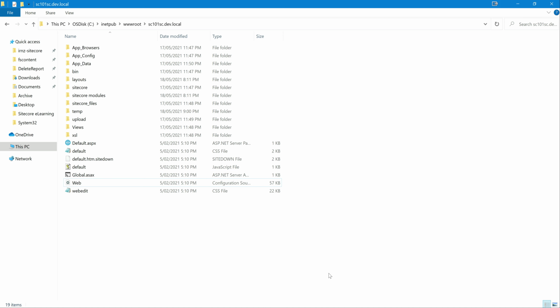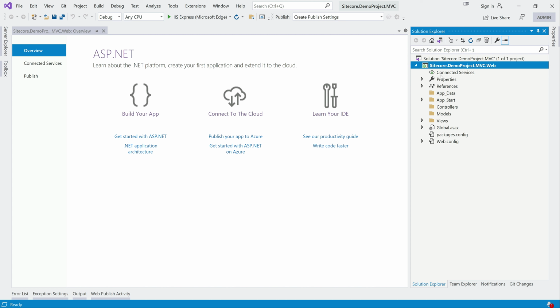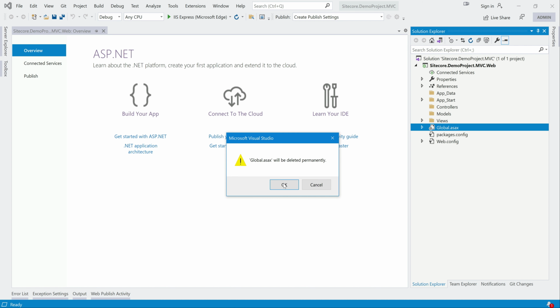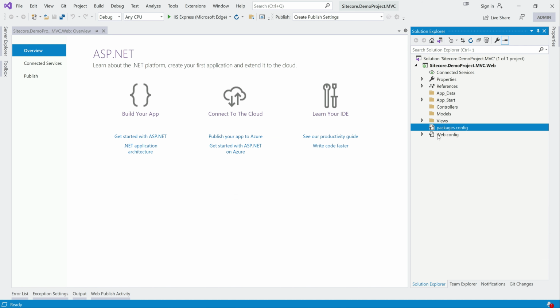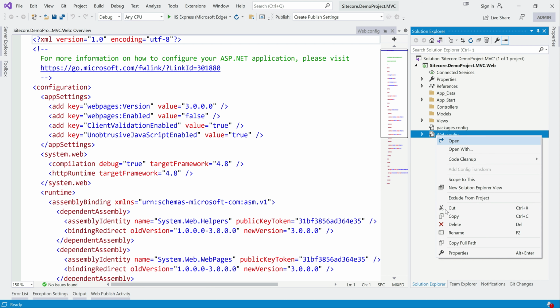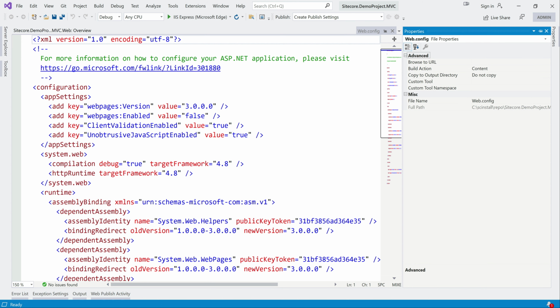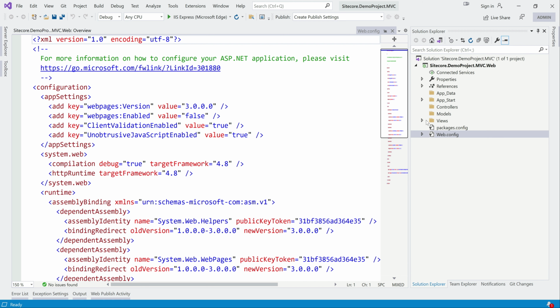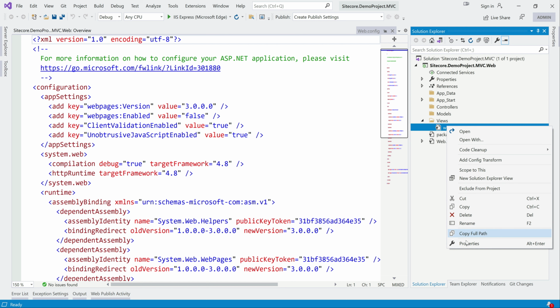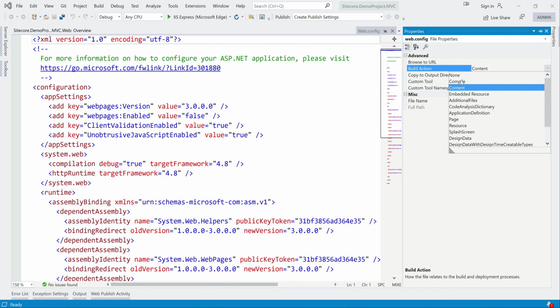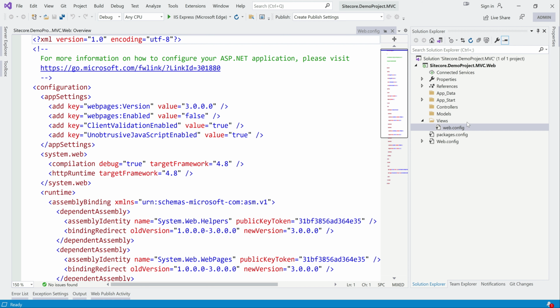For that reason, anytime you are adding a new project, we'll just get rid of global.asax, the application start file, and also make sure this web config, just go to properties. We should not deploy it so that it will not override. So content none. The same approach here, properties, content none. It will always be the case with web configs and any configuration, you just need to be aware.